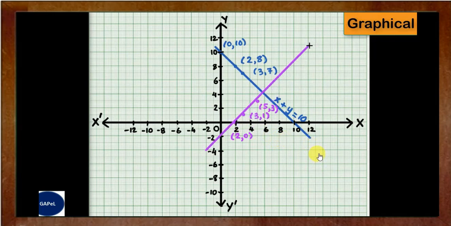Okay student, just a question. If I ask you, where is my minus 8, 6 point? So if you see, you have to go on x-axis. So minus 8 is here. And where is 6? No, this is minus 6. So you are going in the wrong direction. So this is my 6. So your point would have been here. Okay. Just one more point so that I am pretty much confident that you know how to plot.